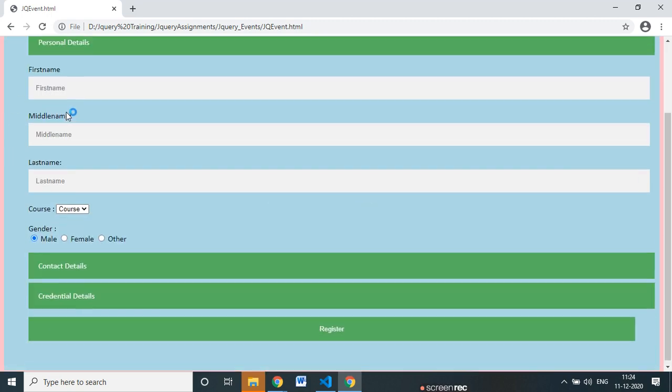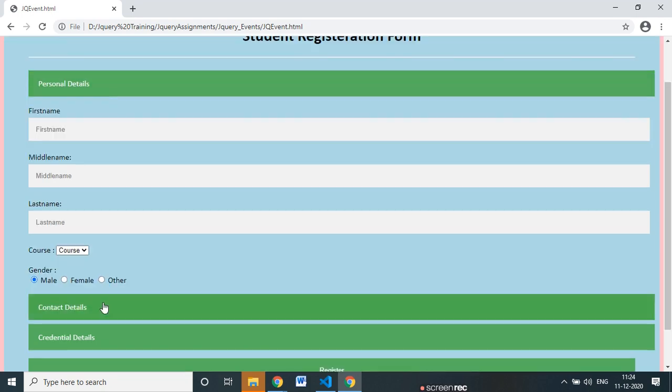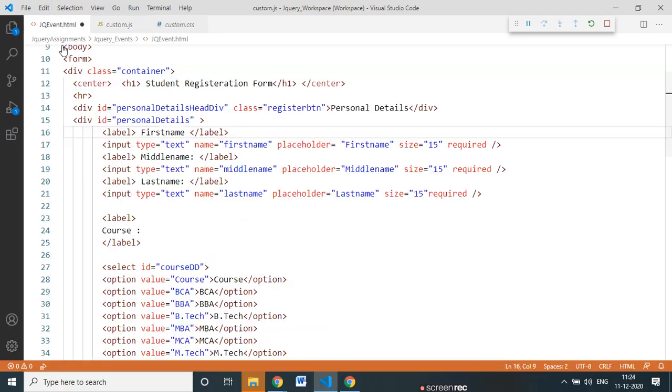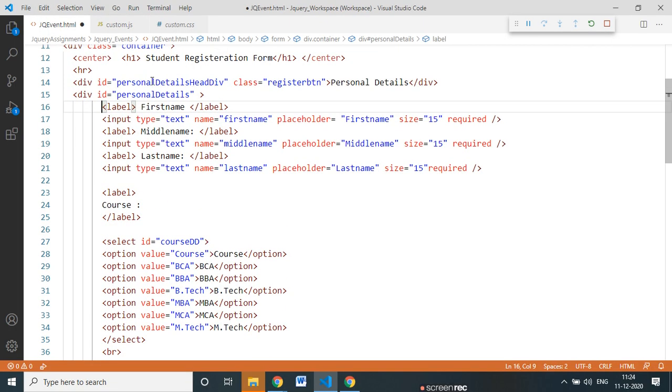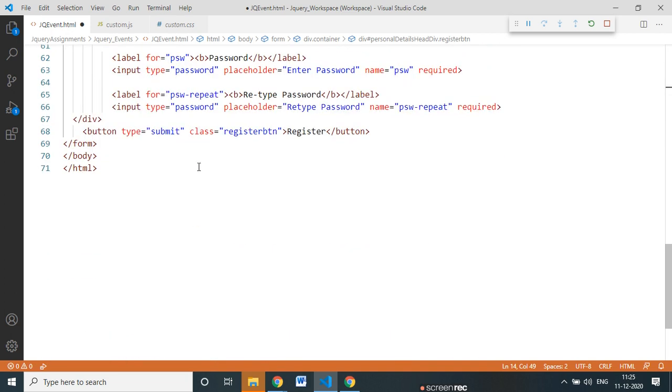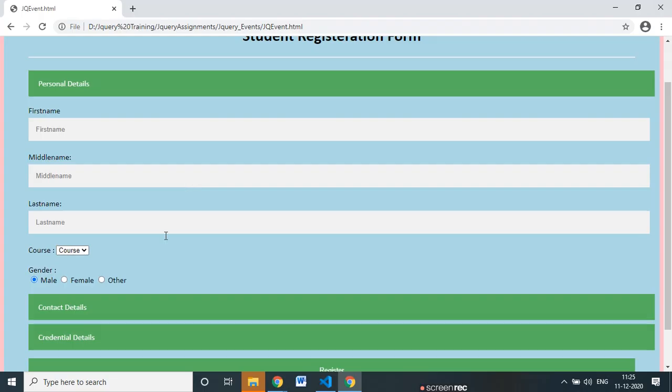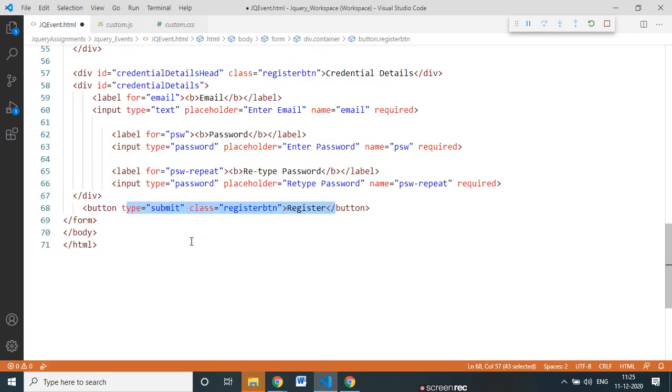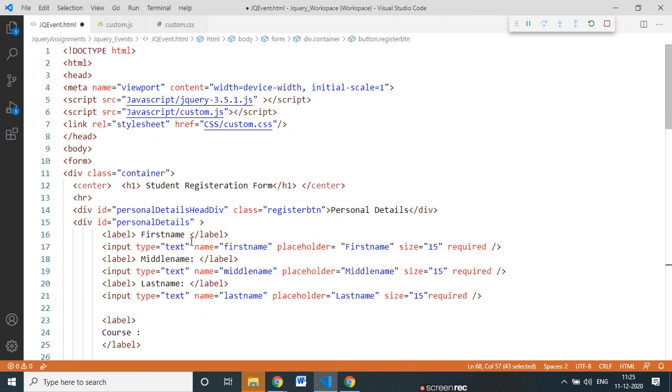Next, we need to give the red color to all these section headers. This is the personal detail section, contact details. Then go into the code and check our HTML. Here is my HTML. See, personal detail head div and class. Here we have given the register button as a class, as we directly use the CSS used for this registration button. But in this case we don't want this. So what I do, I will say here